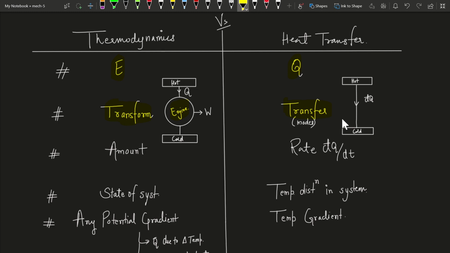radiation. Another difference, in thermodynamics, we are interested in calculating the amount of any form of energy, the amount of energy given to the system or taken out from the system. But in heat transfer, we are studying the rate of heat transfer by which it is transferred to the system